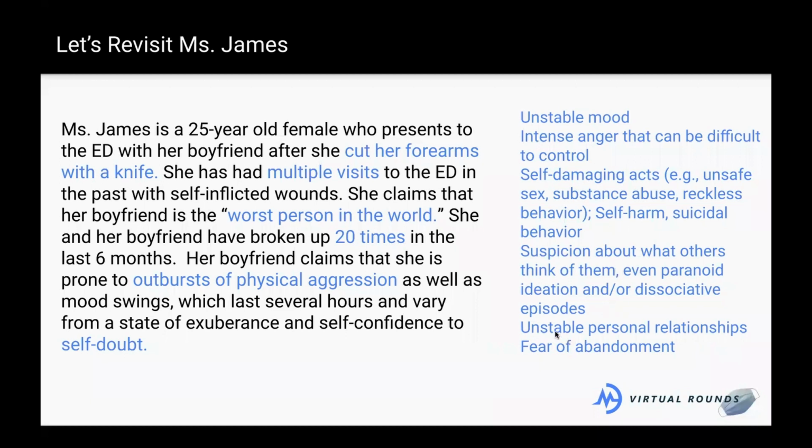She's suspicious probably because she's got all this self-doubt. They've broken up 20 times. We're not really sure why they've broken up 20 times, but that's often due to like, well, I thought he was cheating on me, so we had to break up, and then we got back together when I realized he wasn't. So sometimes a little paranoid, unstable personal relationships. Again, this has been an unstable relationship with the two of them, and fear of abandonment. Oftentimes they'll come back